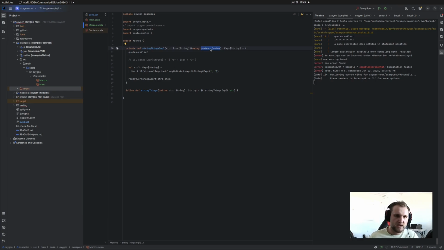Especially if you're trying to write something that is a non-trivial program that needs to be calculated in a macro. For example, right now one of the projects I'm working on is another SQL library that's macro